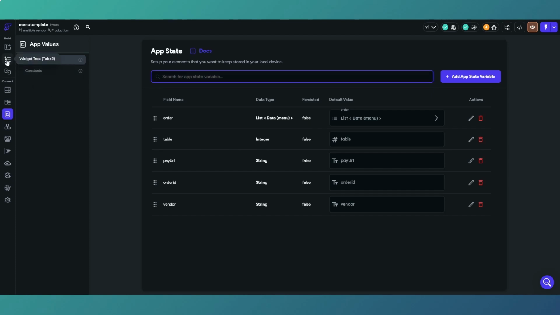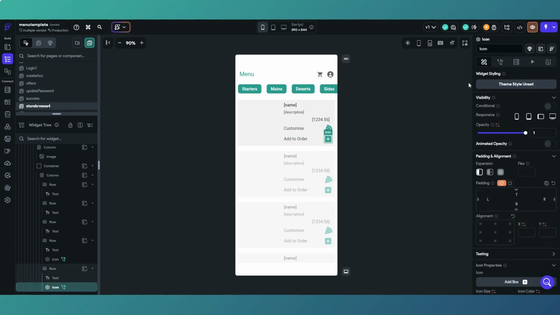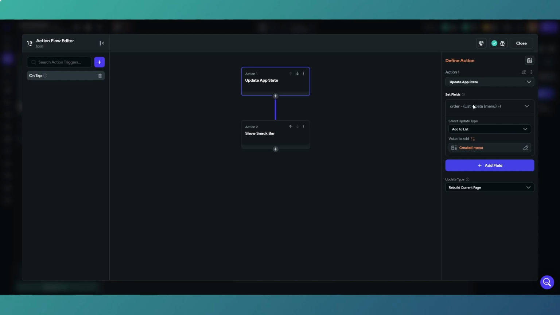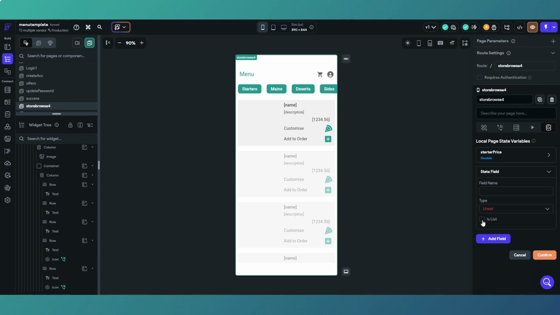So what happens in this particular instance, this is a menu app, and when our user adds something to their order, we are updating our order appState variable via a custom data type. We're adding to the list, so our variable is a list of objects rather than just a singular object. If we create a variable, you can see it can be a list or not. For instance, double, it's a list of doubles. If it's an integer, it'd be a list of integers,